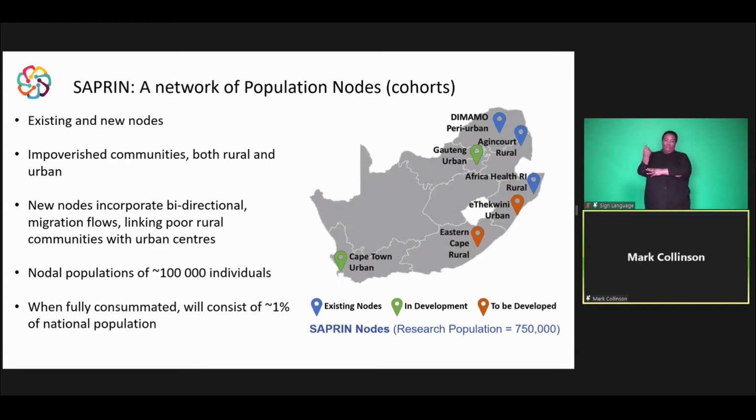Right, now I'm going to use my last few minutes to show SAPRIN data contributing to these debates, and I'm hoping to take some of them forward. I'm looking for some kinds of measures of how we bring in these narratives in a more meaningful way for policy, because we're dependent on the census data, but we're not getting enough of the circularity in the census data. So we do need something more structured and more routine. SAPRIN, which has been developed by the Department of Science and Innovation, has been in a program